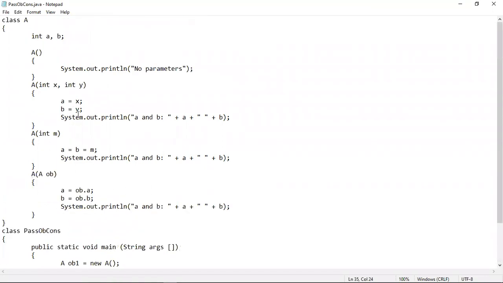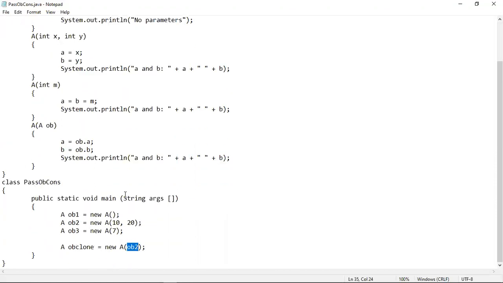If the class contains only one constructor, if this A class contains only one constructor, then this object cloning will not happen. And if four constructors are there in four different classes, obviously the names of the constructors will be different. Then also object cloning will not happen.